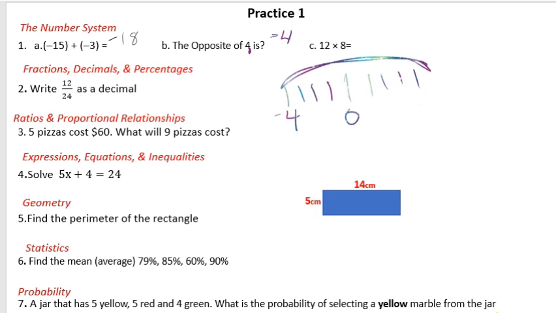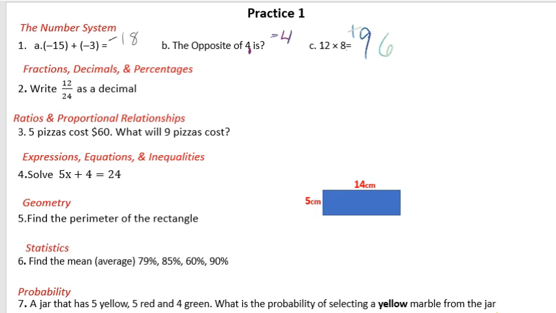All right, let's do the next one. This is pretty simple because we have two positive integers, and when we multiply positive integers, the answer is going to be positive. So positive 12 times positive 8. If we know our 8 times tables already, that should be positive 96. If you want, you can put a little positive sign there. All right, next one is